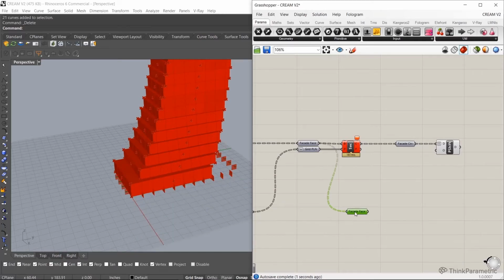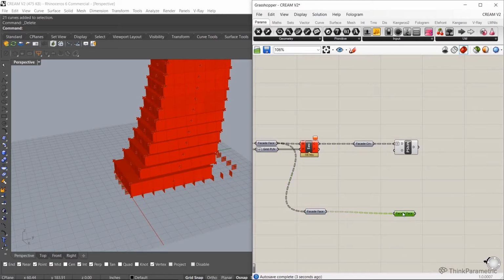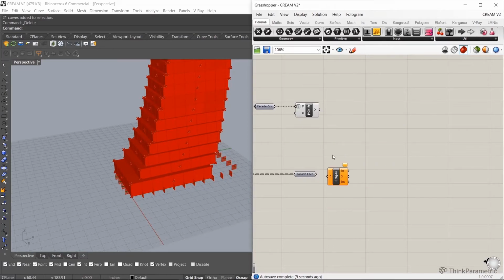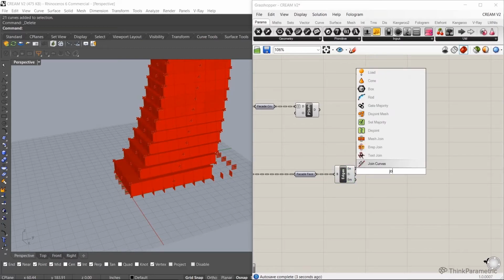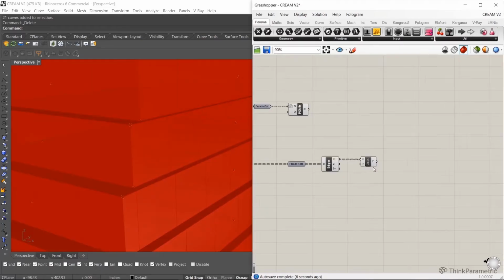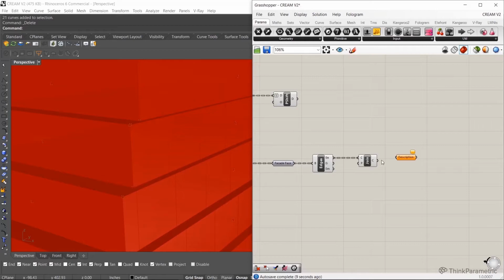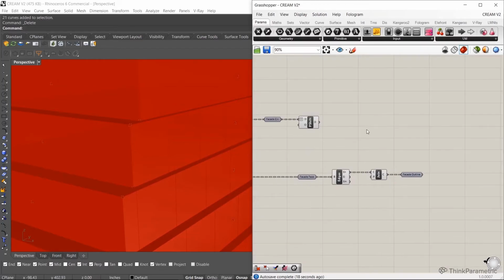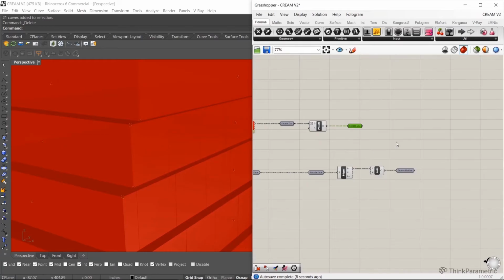So one of the ways we're going to do that is we're going to grab our faces. We still want them. And we are going to grab the edges. And so let's keep this simple. I think this should do the job. So we basically have the outline of our facade. Let's grab this. This is our facade outline. And what we're going to do is we're going to measure the distance between the center point of our panel curve and the edge of the panel.